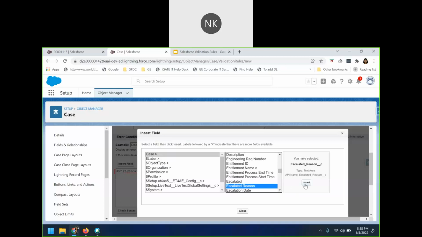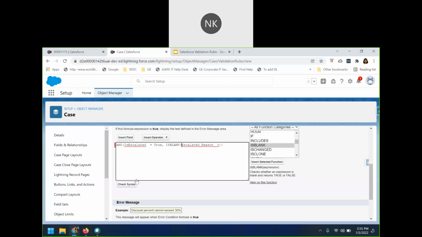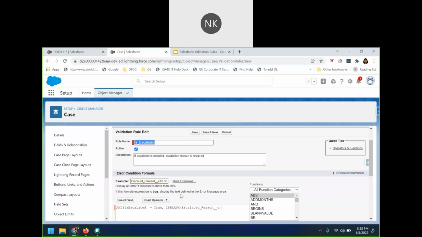Then click on insert, and I don't want any of these. Okay. So we are closing the brace here. Let's remove the extra spaces, and then our condition is completed. We went ahead and we have updated our formula. So here if the formula evaluates to true, we should be providing an error message.